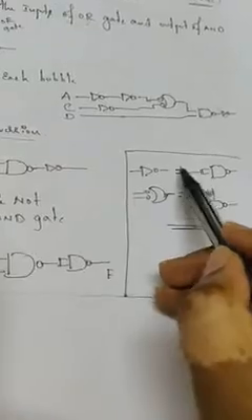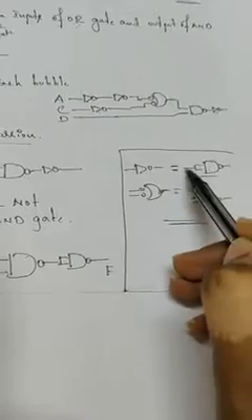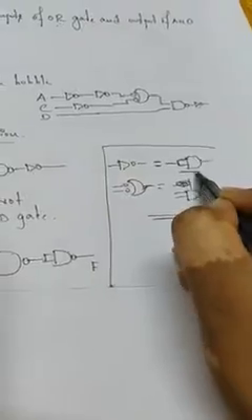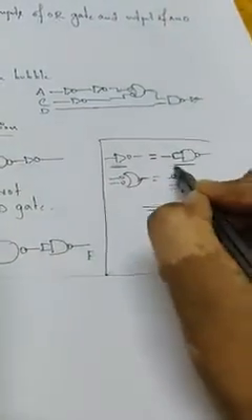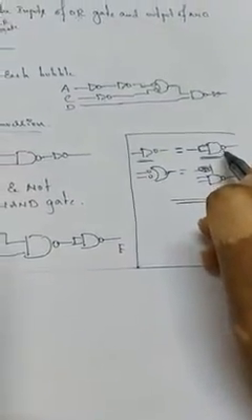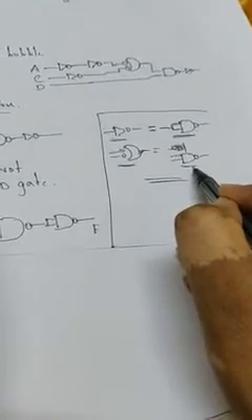You know what? This NOT gate can be written like this, as a single input NAND gate. This is single input, single output. This is a NAND gate. So rather than writing this NOT gate, I can write it as a NAND gate. You can convert this inverter to a NAND gate. If you want to use a NAND gate as a NOT gate, you write it like this. This bubbled OR gate is equal to a NAND gate. Bubbled OR gate and NAND gate both function the same.